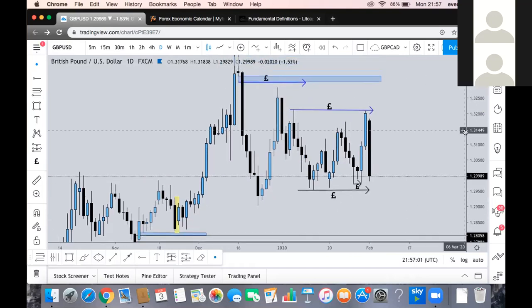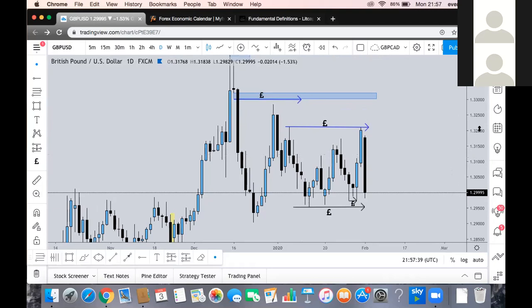Judging by what Adam said on GBPAUD as well, there is a lot more space for the pound to go down. All the pound pairs do tend to follow suit. So I would remain bearish for now until the other pound pairs are showing signs of a point of interest area, because on pound USD we don't really have a major point of interest. It's quite choppy. We did get a breakout and a close out of the range here, followed by a very bearish maneuver. Depending on what happens once this liquidity gets taken out is how I'm going to react.